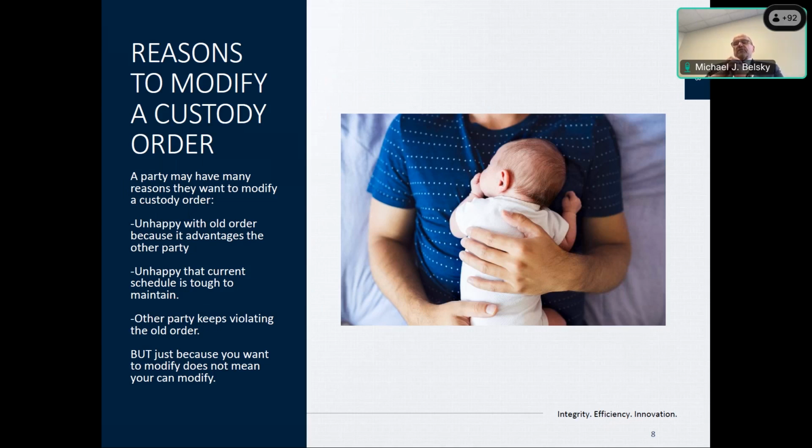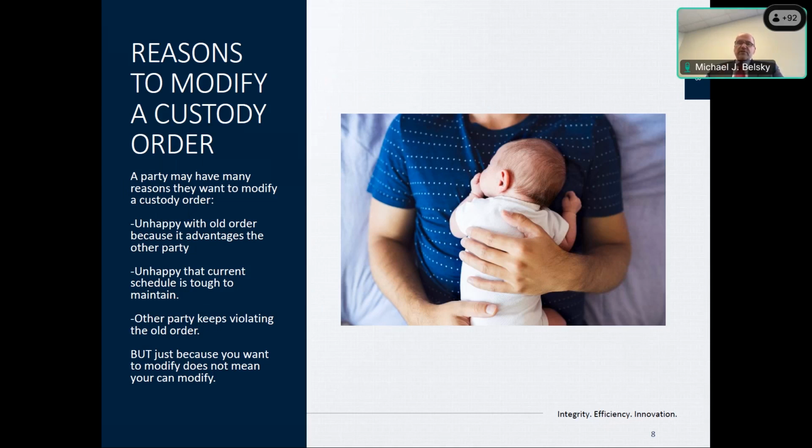Okay, so I get a call lots of times where the client will say, Mike, we have a court order from family court. It says this is her parenting time. I want to violate her because she doesn't take this parenting time. You can't violate someone for not exercising their parenting time, or the non-custodial party not exercising their parenting time. Even though it's a court order that says this is what they get,